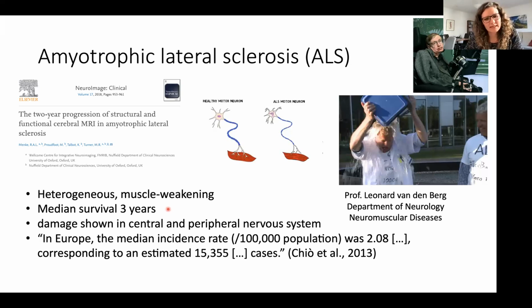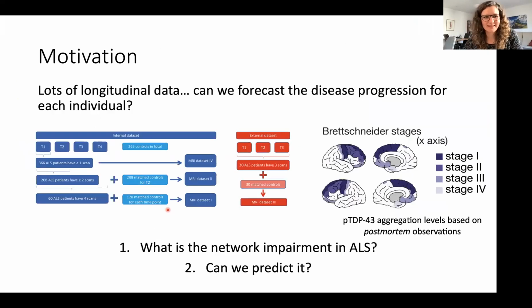And in Europe, it's estimated that currently there are 15,000 cases only. So quite rare and not well understood. Yeah, that gives us a nice gap to look into and use network science for it. So the motivation was that we got in Utrecht a large longitudinal data set of thousands of MRI scans already